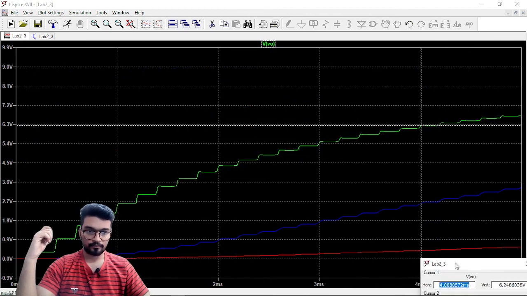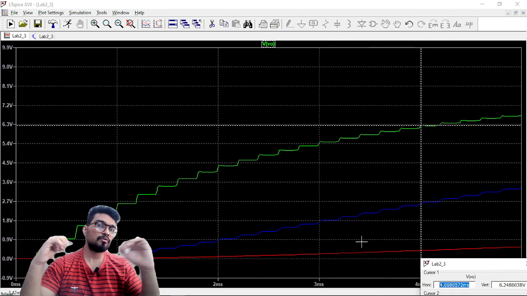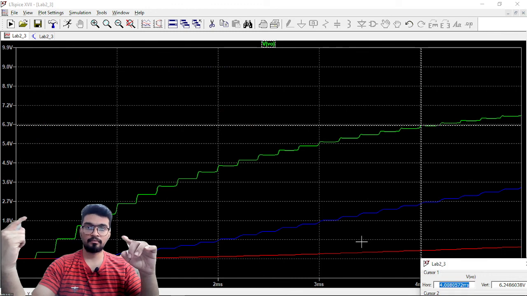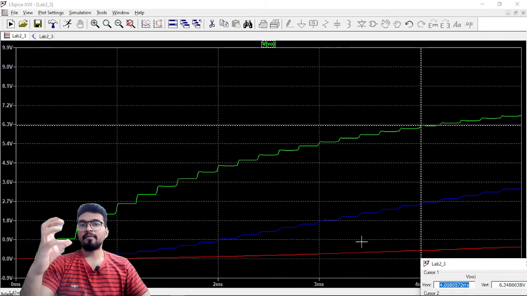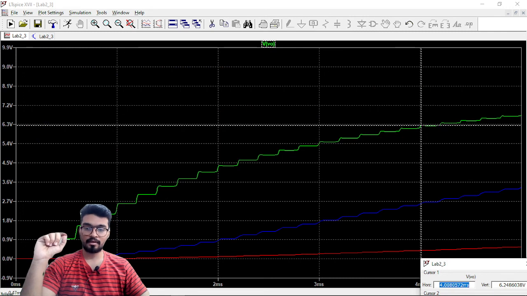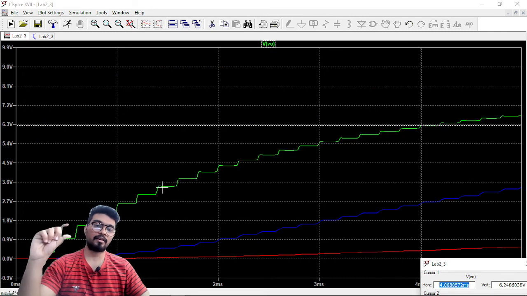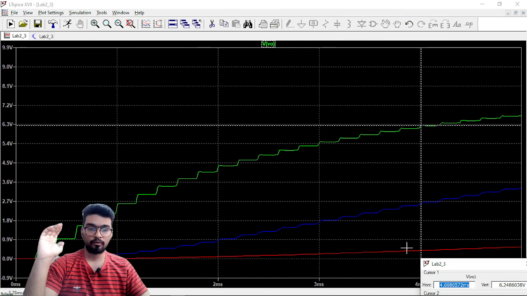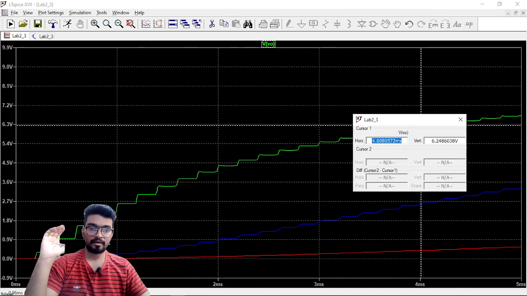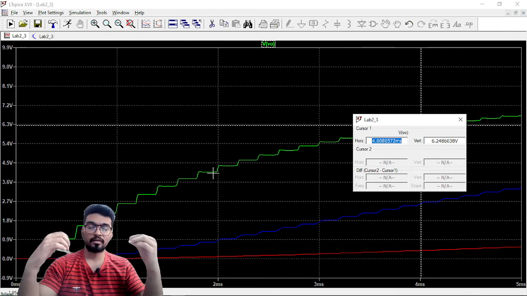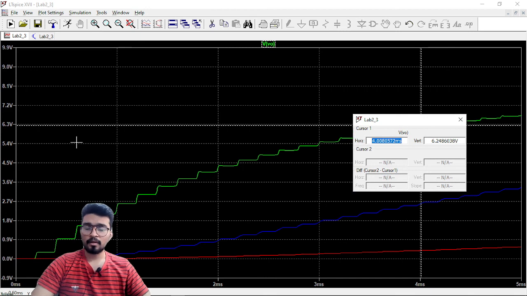See, in the larger time frame it looks smoother. Why? Because we have a larger time frame and we have increased the frequencies. When we decrease the time frame, we will understand that it is not smooth at all. There are steps for each cycle. The capacitor is charging, and finally it will reach some higher value. Right now you can see for this small time frame, 5 milliseconds, it is charging. This is the actual scenario that happens in the circuit. So this is the third question of lab 3, and this was your lab 3.